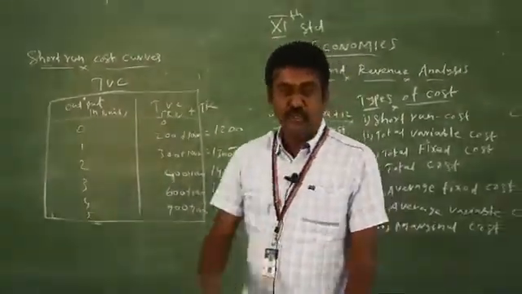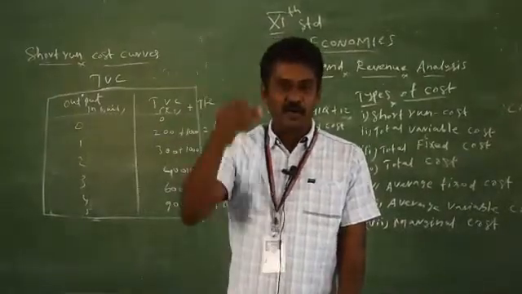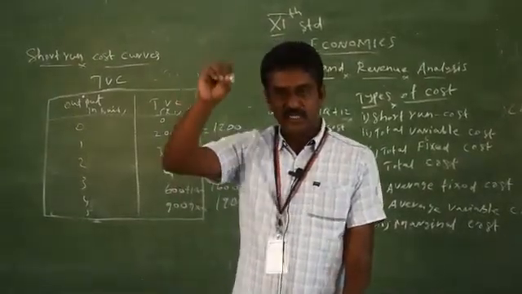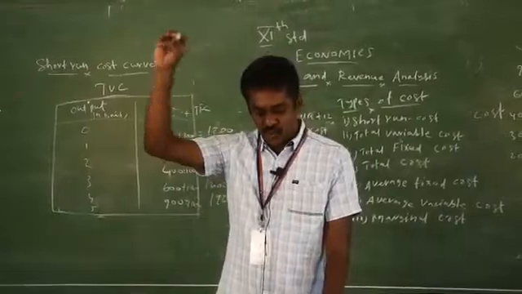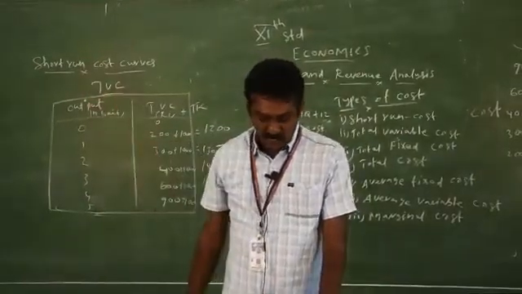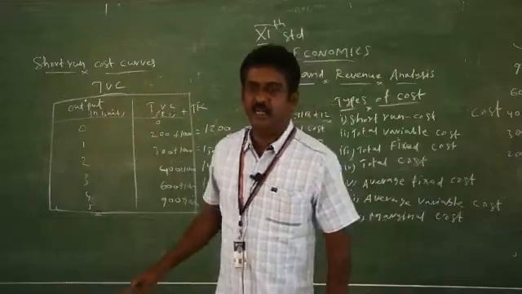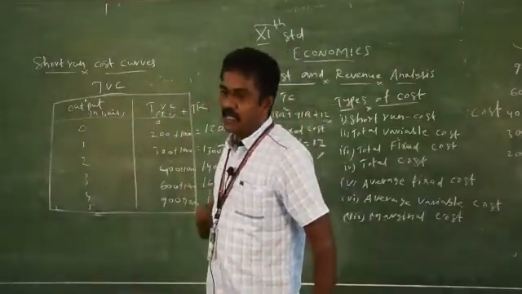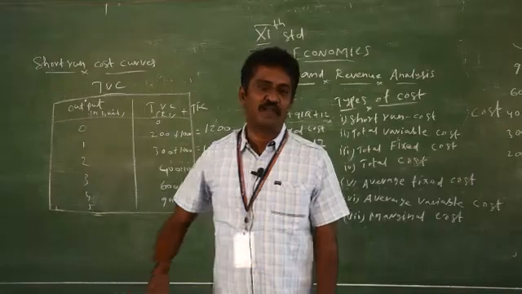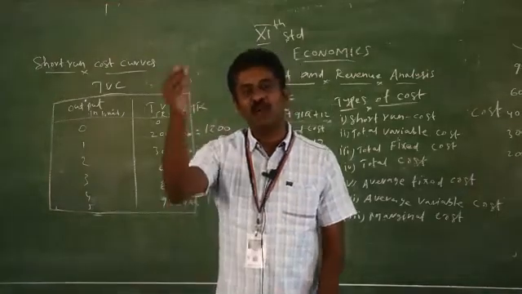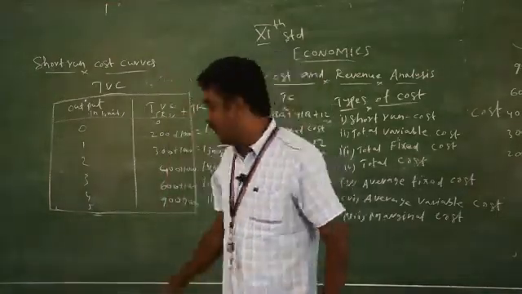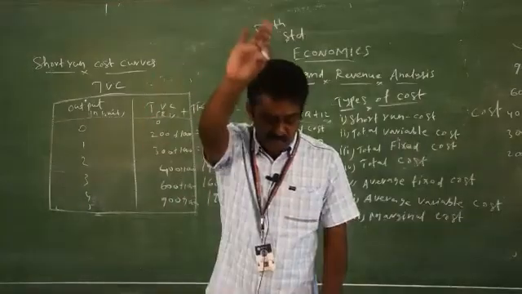The amount comes. Below, a diagram is given. Total cost is equal to total fixed cost and total variable cost. So there is a diagram; you can easily understand what I have drawn on the blackboard, total fixed cost and total variable cost. Both together are equal to total cost. So I have explained the table, and there is a diagram, you see that.